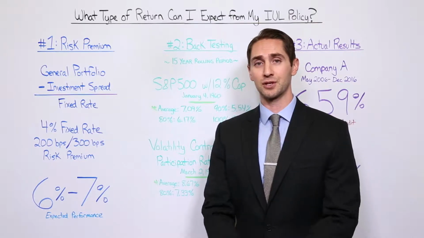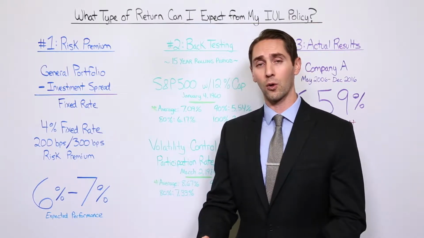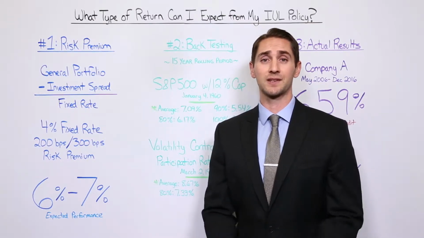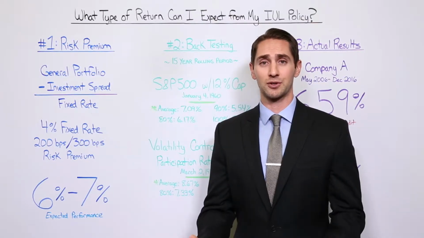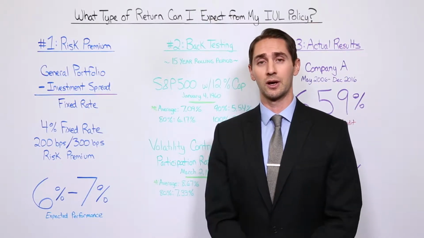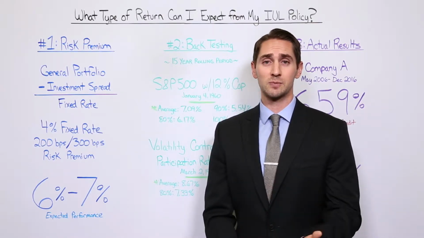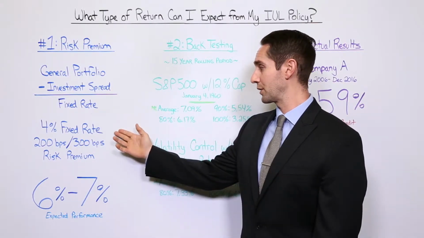Now you have the option of choosing the fixed rate. For this example, let's use 4%, or you can forgo the fixed rate for the potential of a higher return, let's say of up to 12% with the S&P 500, but also have the potential for a 0% return with the floor of the policy. So while you would expect over the long run, by taking that additional level of risk, of foregoing the 4%,